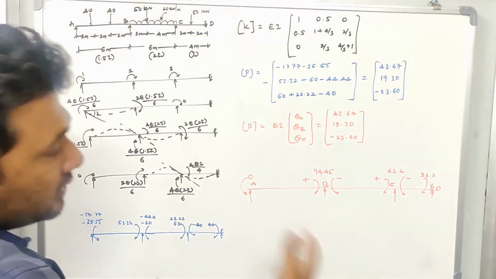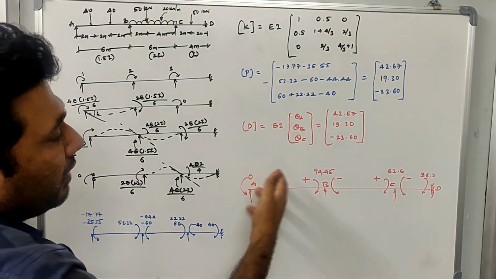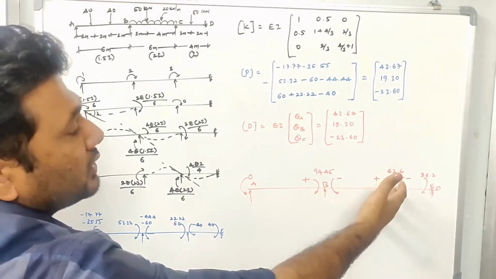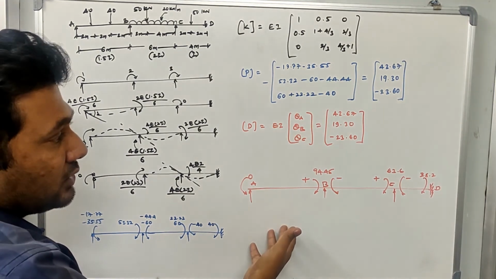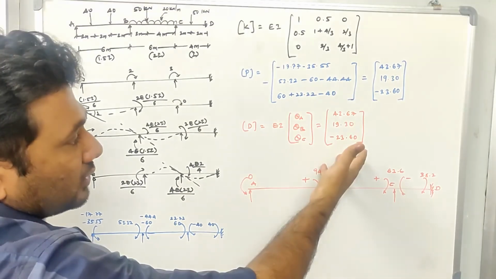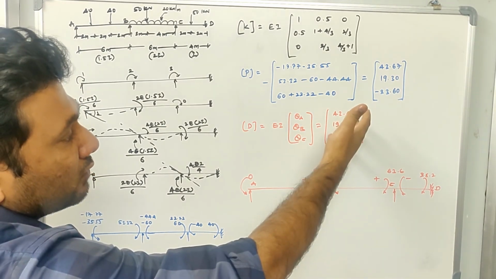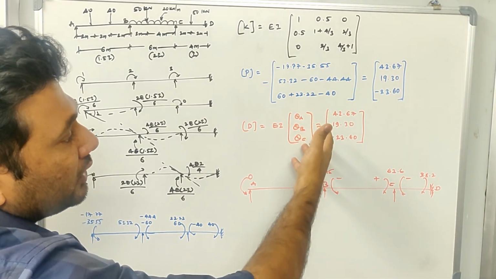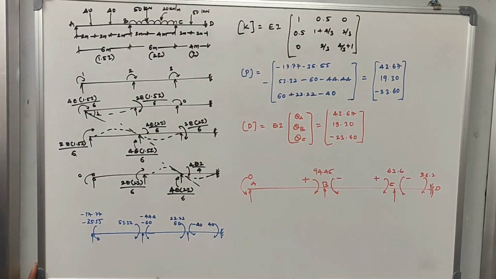Now you can next use the slope deflection equations to solve MAB, MBA, MBC, MCB, MCD and MDC. Okay, so I know there is no need to explain how to solve the slope deflection equations, as I have already calculated the unknown values. Use the slope deflection equation, substitute the values of unknowns, which is EI theta A, theta B and theta C, and solve the end moments.